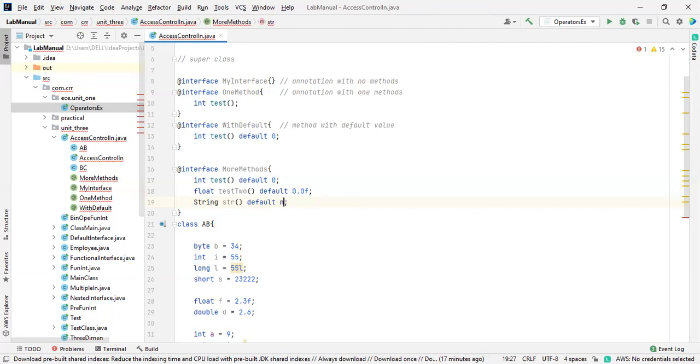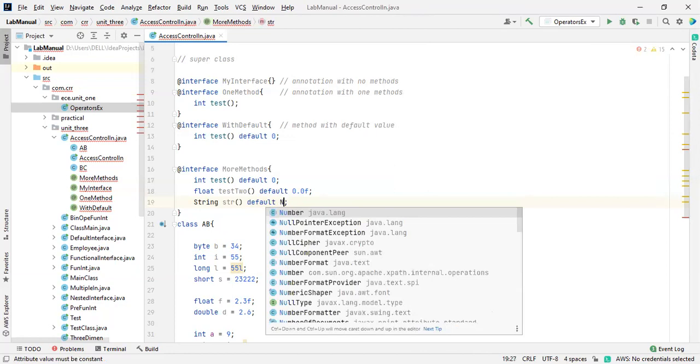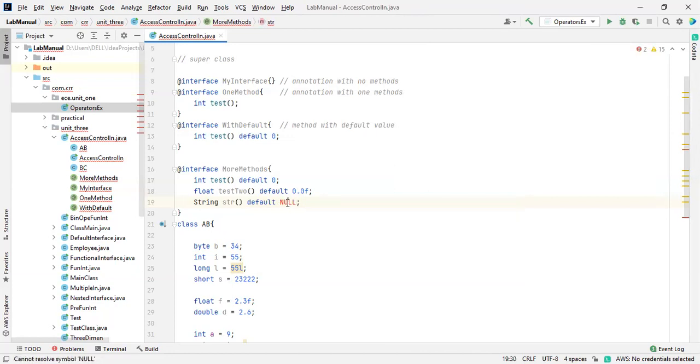No capital letters, it is not possible. This is a keyword, cannot resolve. Yeah, we'll take it as a null. This is a string value, that's why I mentioned this one. It doesn't matter for you.